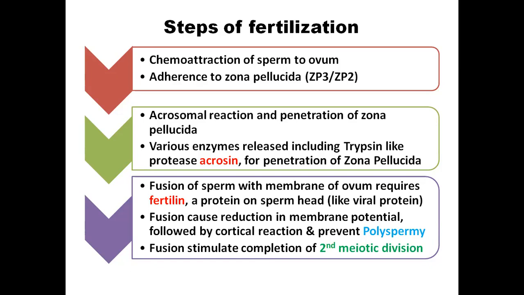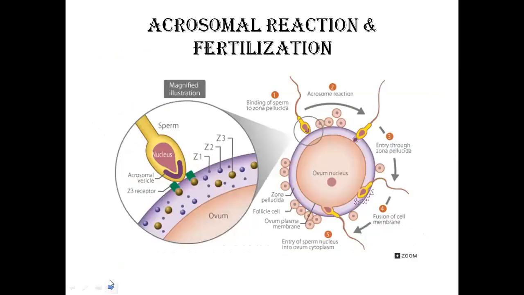Now, first what happens is there is adherence of sperm to the zona pellucida. Here you see that this is the ovum, and this is the perivitelline space with the plasma membrane of the ovum, and this is the jelly-like coat, or this is called the zona pellucida. So this is the zona pellucida, this is the ovum plasma membrane, and here will be the